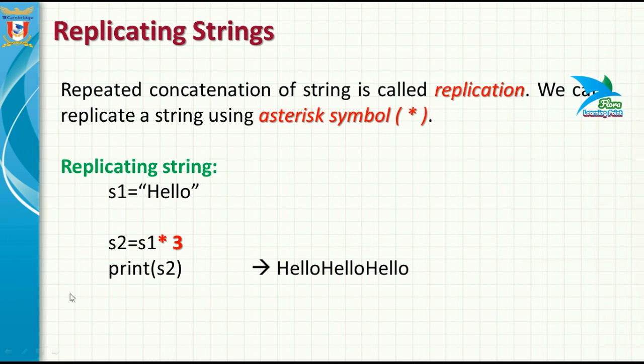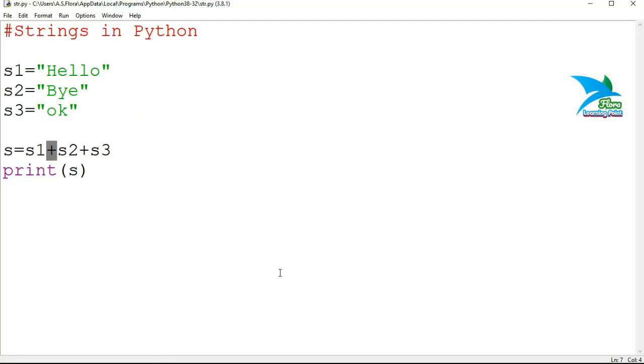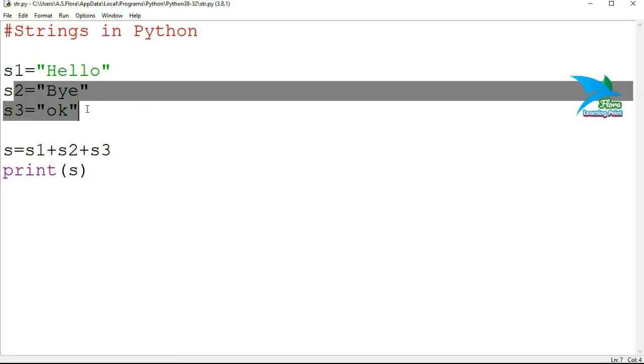When you use the star symbol with a string, it will replicate that string according to this number of times. So if I am using s1 into 3, it will concatenate the value of s1 three times, so the result will be the repeated concatenation of that particular string three times.